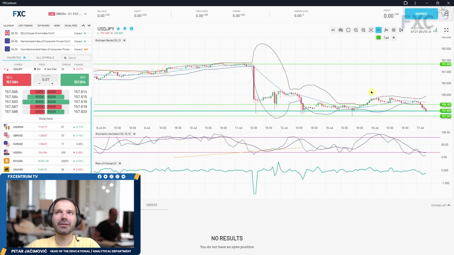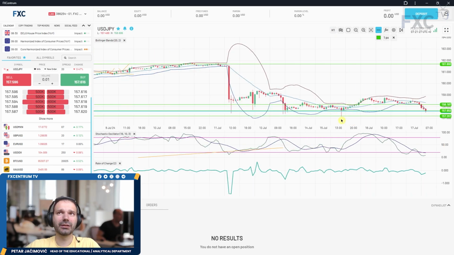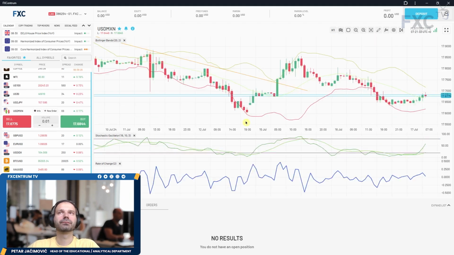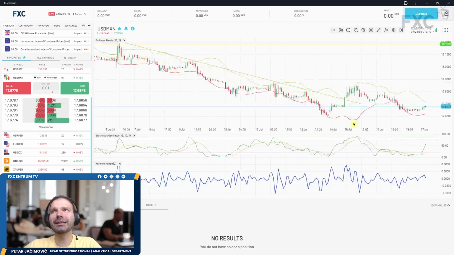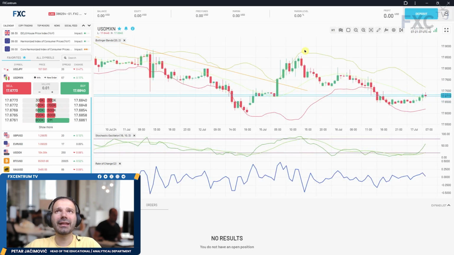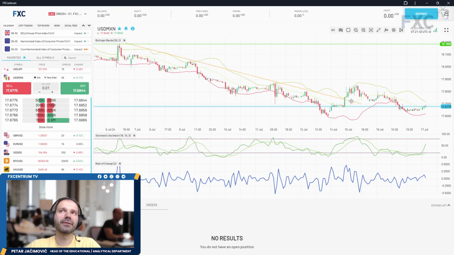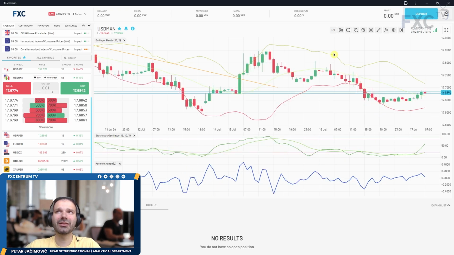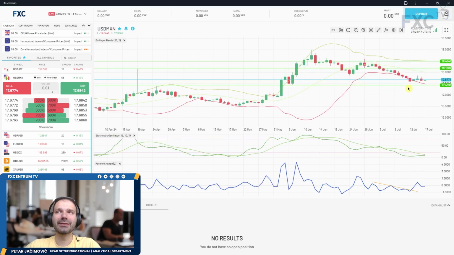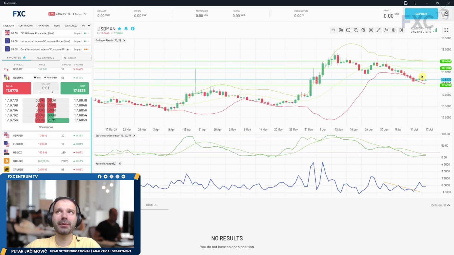So far, it seems like we have a break and potential retest of 157.20, which is support. It will be interesting to watch and pay attention to this level. Dollar Mexican peso didn't have the power to sustain this rally, so we had failed buying, a failed breakout of the supply trend line, and so far it's pretty much in this mini three-bar